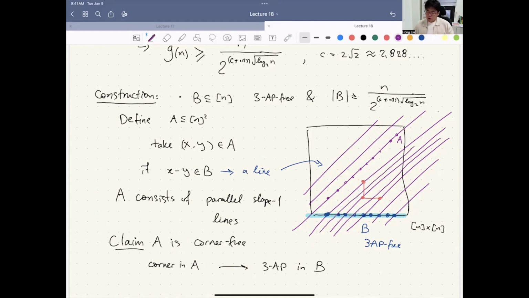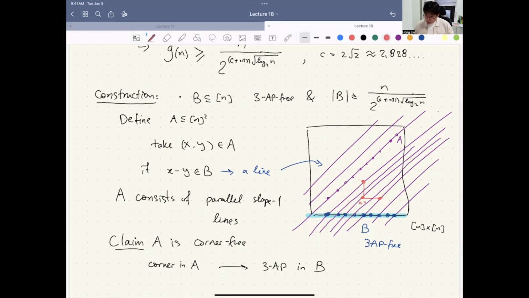If you have a corner, you take these 3 points in a corner. Now you project it along this slope -1 line down. You look at the corresponding points in B. They must form a 3AP. Okay? This is easy because